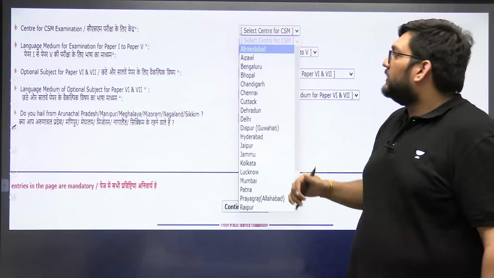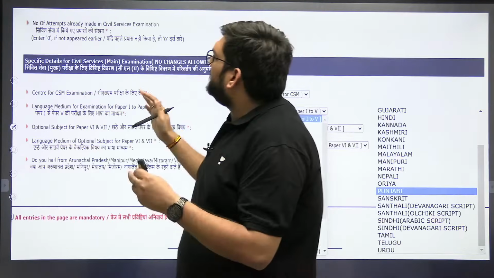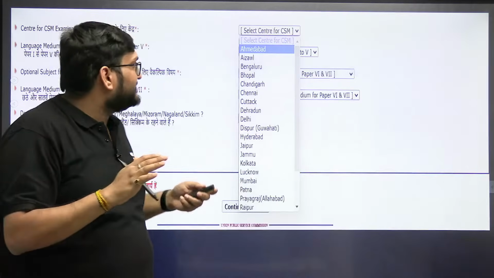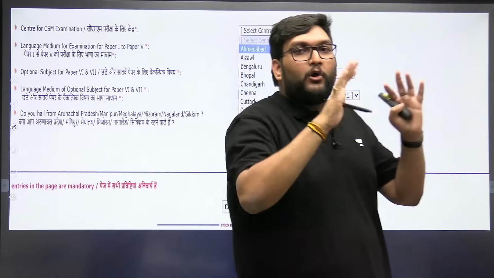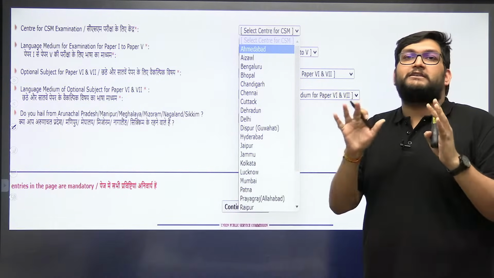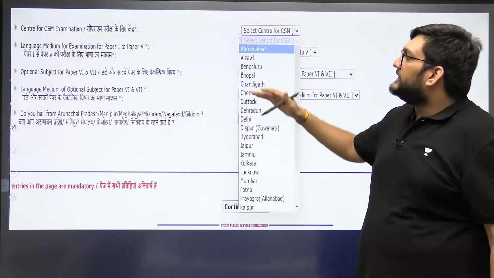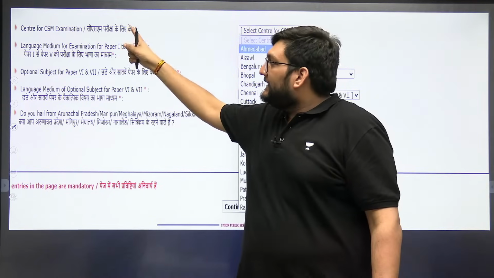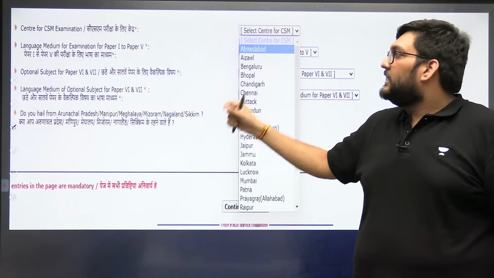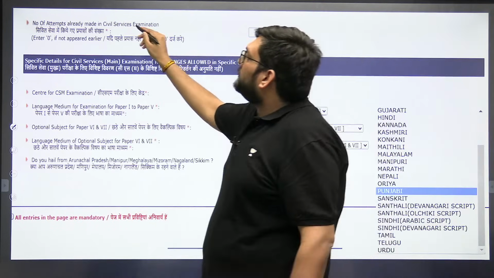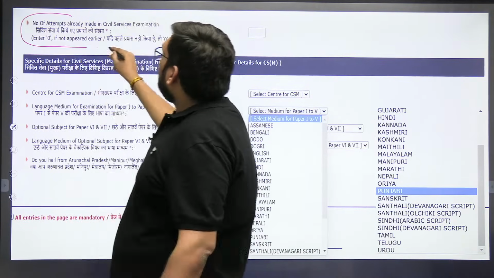This will bring you to the most important section. This is considered the holy grail, the most important section of a form, which is the Mains center and GS paper related sections. But before that, there is also one very important